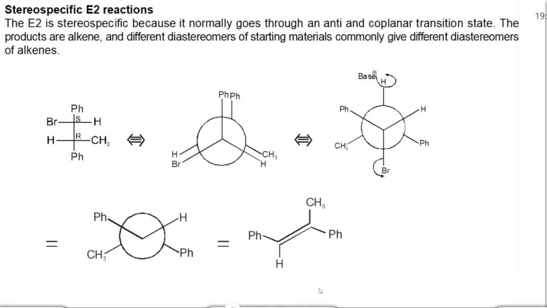If we see the stereospecificity of E2, as I said earlier, that it should be anti. Bromine and hydrogen, they should be anti and coplanar. They should be in the same plane but in the opposite direction. So there are different diastereomers of starting materials and they give different diastereomers of alkene. See, we have,